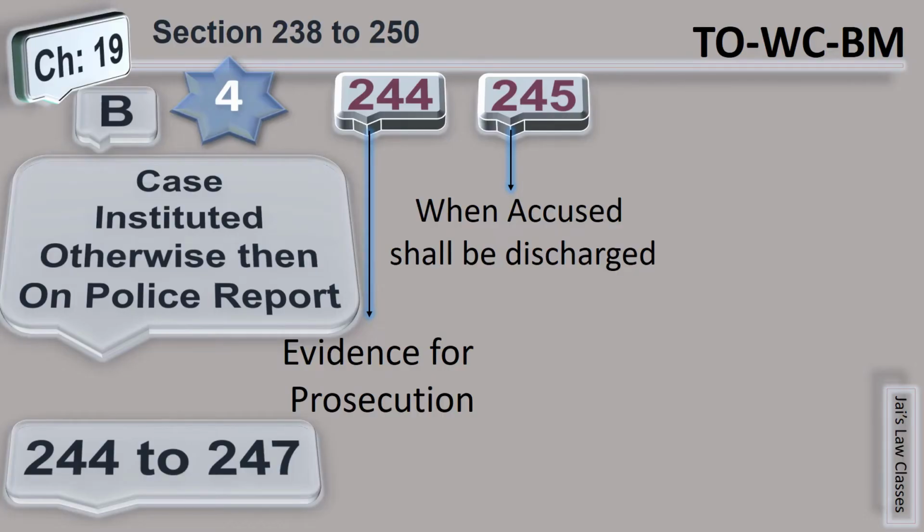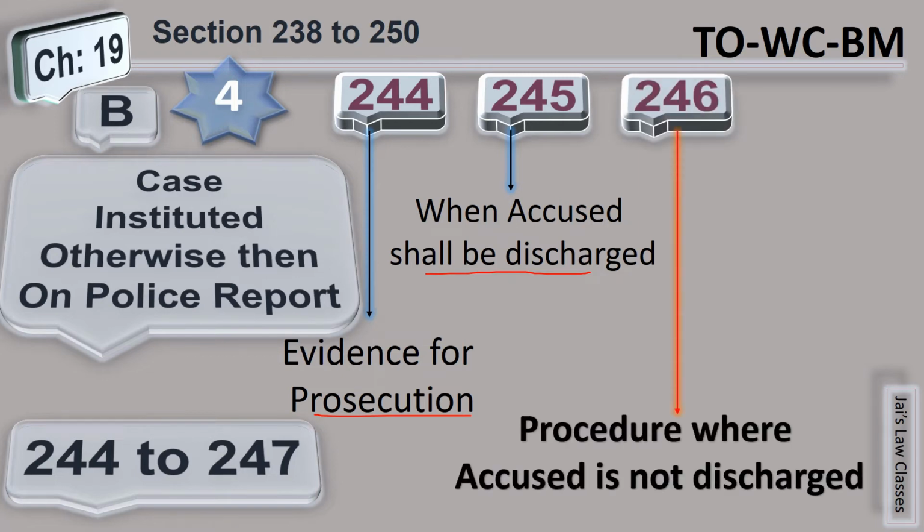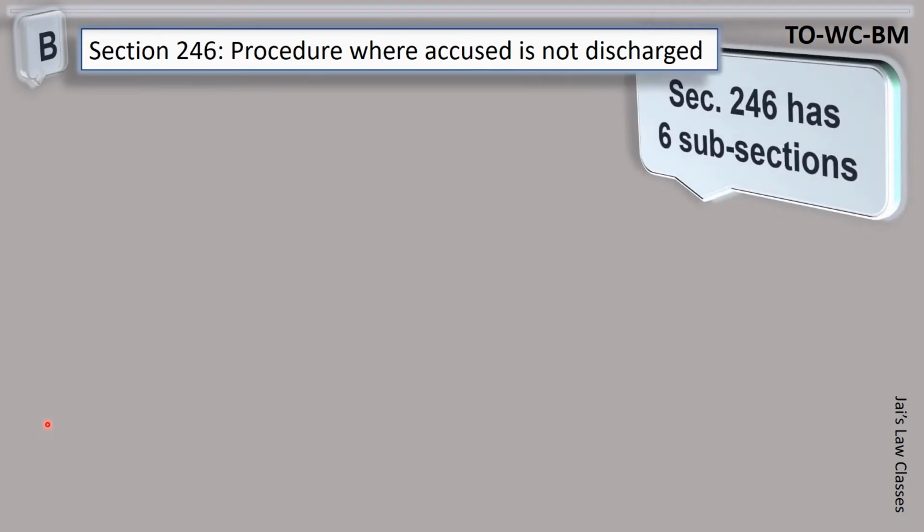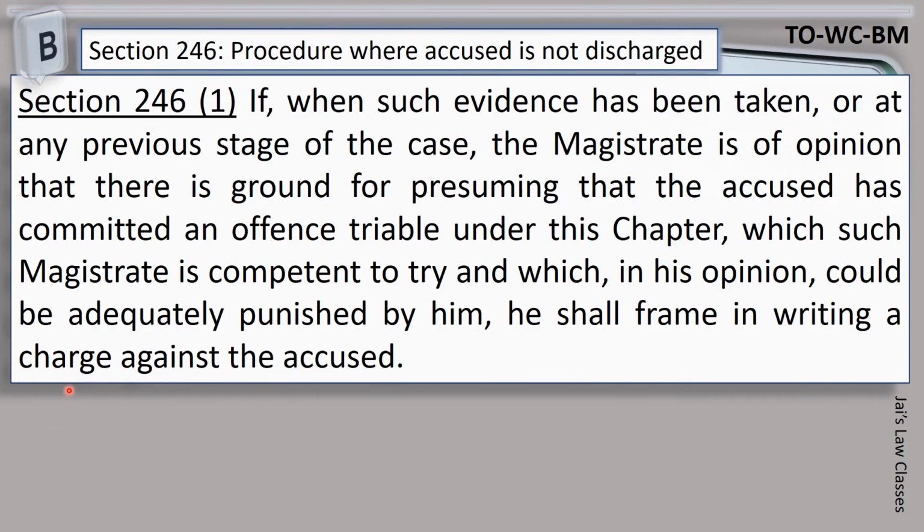Section 244 informs that the evidence for prosecution shall be taken, and section 245 informed when the accused shall be discharged if the complaint is groundless, and section 246 informs us the procedure where the accused is not discharged. Section 246 informs regarding procedure when the accused is not discharged. Do remember, there are 6 subsections to section 246, and subsection 1 informs if when such evidence has been taken